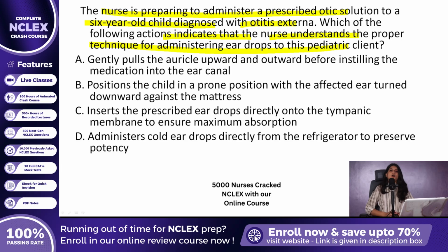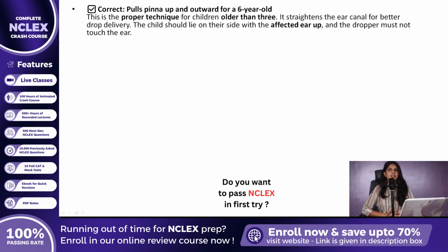The correct answer is Option A, gently pulls the auricle upward and outward before instilling the medication into the ear canal. This is the correct technique for administering eardrops to children older than 3 years of age. Pulling the ear in this direction straightens the ear canal, allowing the medication to flow properly toward the tympanic membrane without causing pain or injury. The child should also be lying on their side with the affected ear facing upward to allow gravity to assist